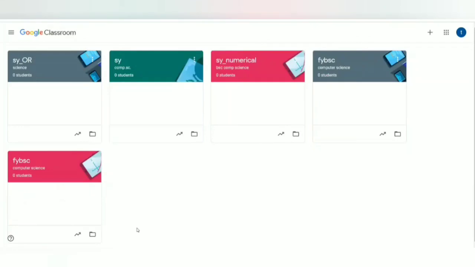So this was a short attempt for the teachers and students on how to use Google Classroom. And nowadays everybody has to be digital, everyone has to work from home. So this is one of the options. So this can be done at school level, college level also. So you can explore more things on Google Classroom. Just start using the feature, it is a fantastic one.